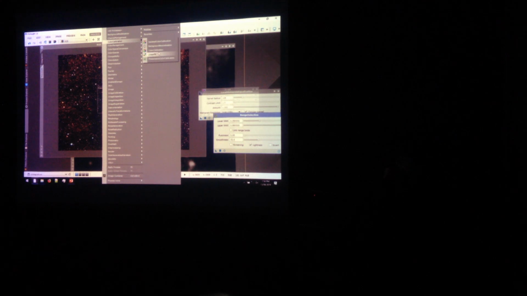Yeah, I've used linear fit and color calibration. I think I tried PCC once, but couldn't get it to work. Color calibration works fairly well as well. The other method that I've been using is to do the dynamic background extraction first, and then do the